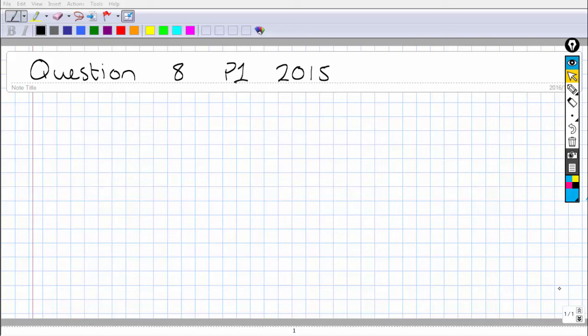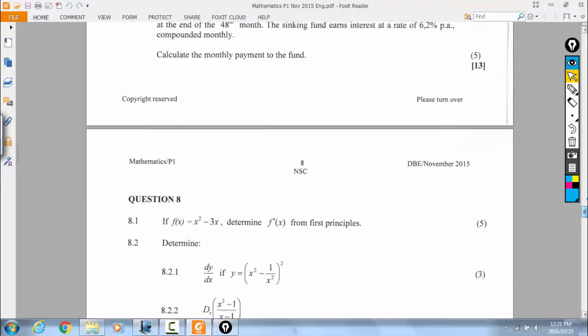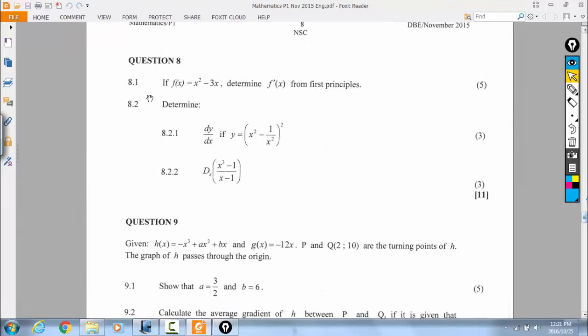Right, so this video covers question number 8, paper 1 of 2015. So if we have a look at the question, it says we've got to do this through first principles, and then we've got to determine some derivatives. Okay, so this is a standard derivative question, standard first principles, and there's not much complicated. So we're going to start with 8.1,